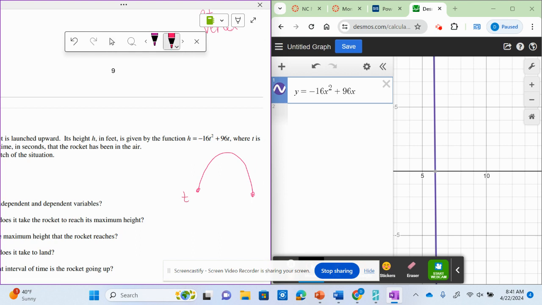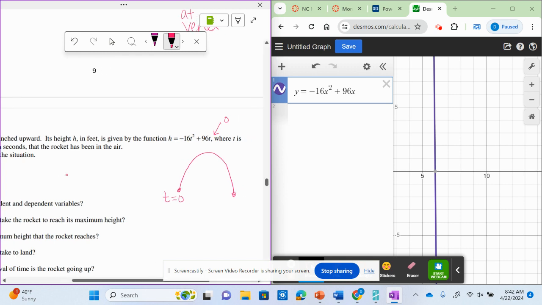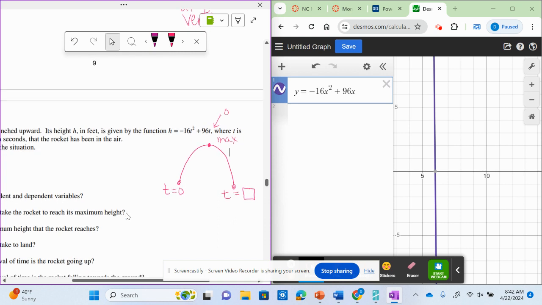Well, when it first starts, t is 0 because my y-intercept is 0. So there's no plus a constant at the end. So my y-intercept is 0. I don't know how long it takes for it to hit the ground, but I know that those are my roots. Okay. And I know that this is going to be the maximum height that it reaches. I don't know what that number is, but there's a sketch of its pattern. That's what it does. Starts off on the ground, goes up in the air, reaches a maximum, and then it